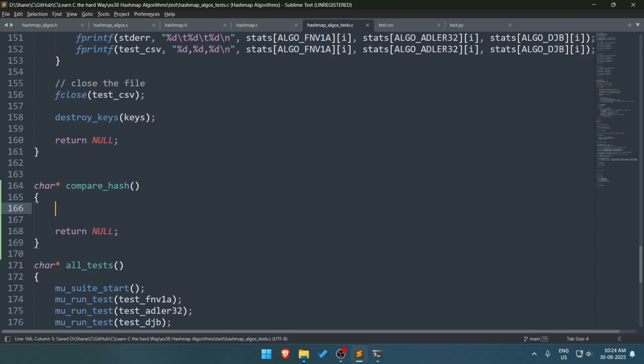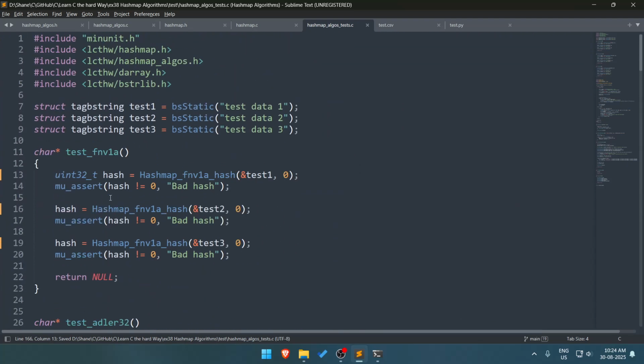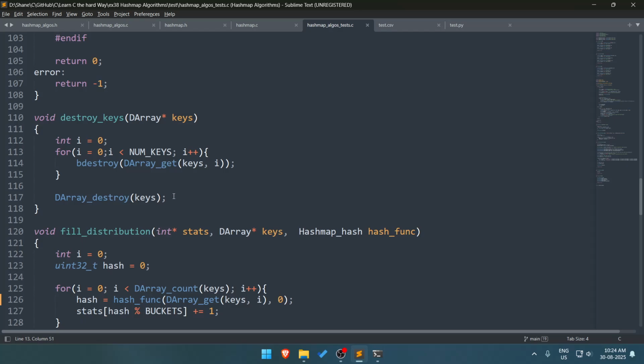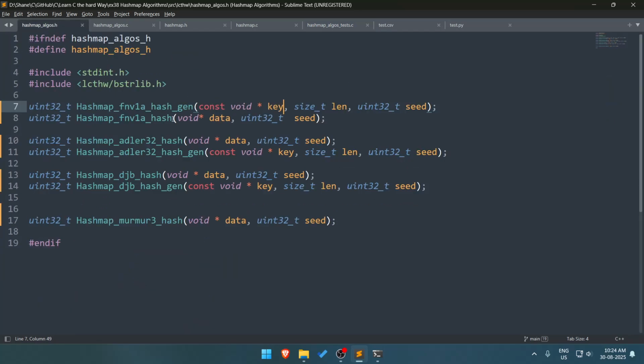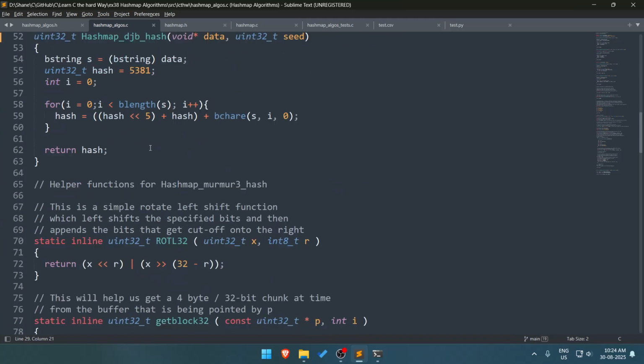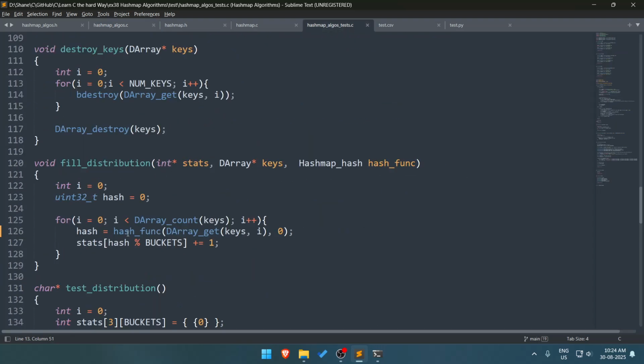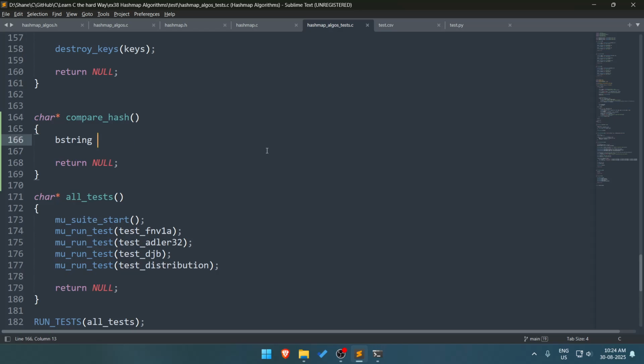And none. Okay, so let's create a b string. I think I have some b strings. Okay, b a static address of a string. So I have this, and so we can call the hash to do hash